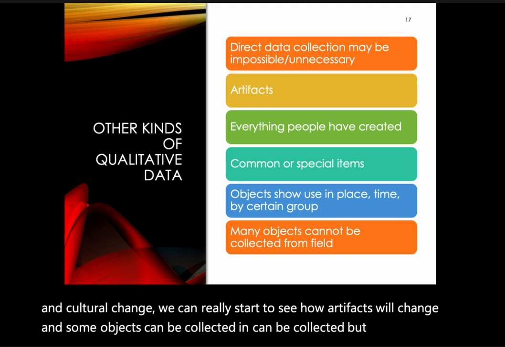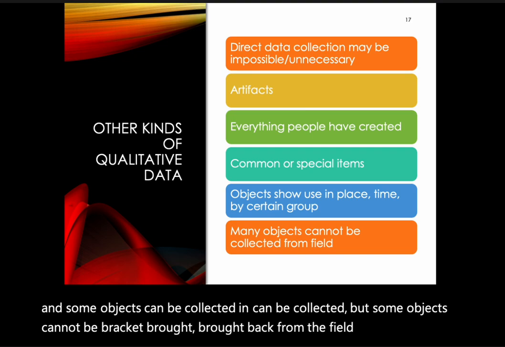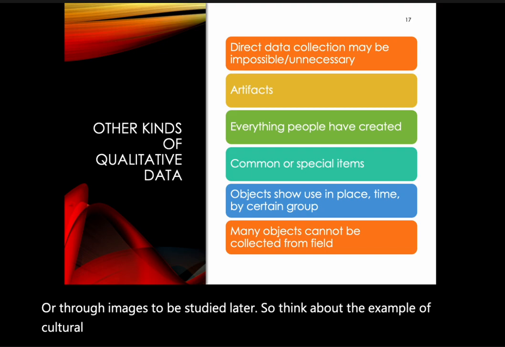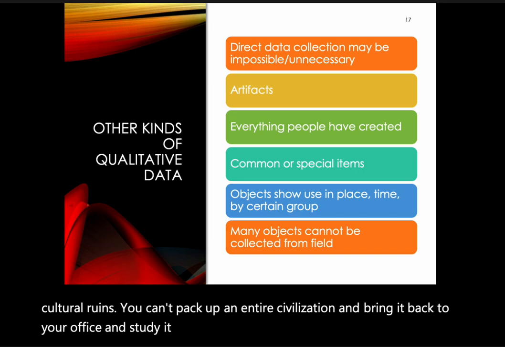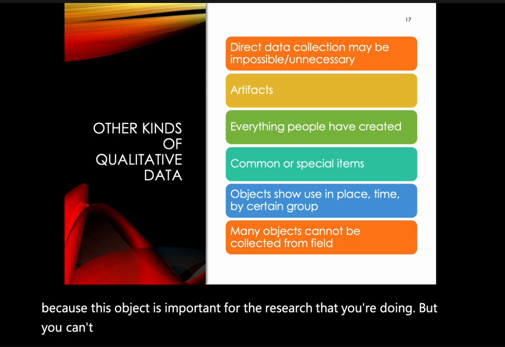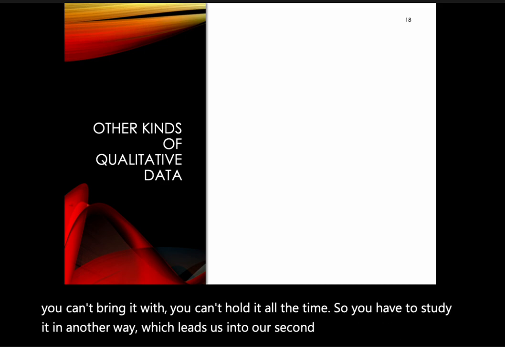And some objects can be collected, but some objects cannot be brought back from the field. And they must be recorded in detail or through images to be studied later. So think about the example of cultural ruins. You can't pack up an entire civilization and bring it back to your office and study it. So you have to document it in some other way, because this object is important for the research that you're doing, but you can't bring it with you. You can't hold it all the time. So you have to study it in another way, which leads us into our second other form of qualitative data,